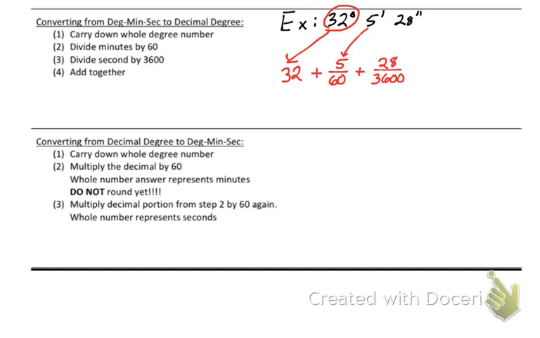And you don't need to calculate this. I will do it all for you. Well, I did it at one point. So we have 32 plus 0.0833 plus,